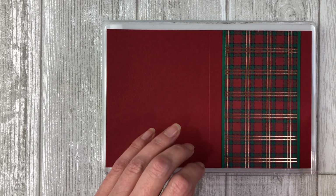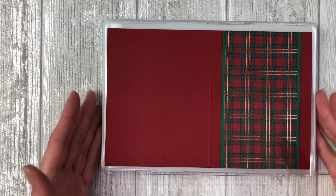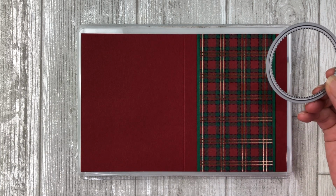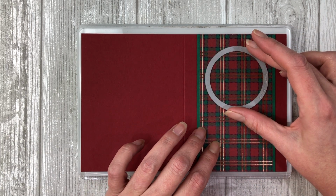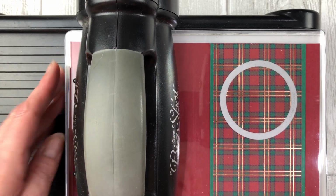Now you want this piece to be running from edge to edge right down the middle of the card front. So make sure you position it that way on your die cutting platform. We will be cutting all of the layers at once to ensure that the circle shapes line up correctly on all 3 pieces. So lay the circle die on top of all 3 pieces and run it through the embossing